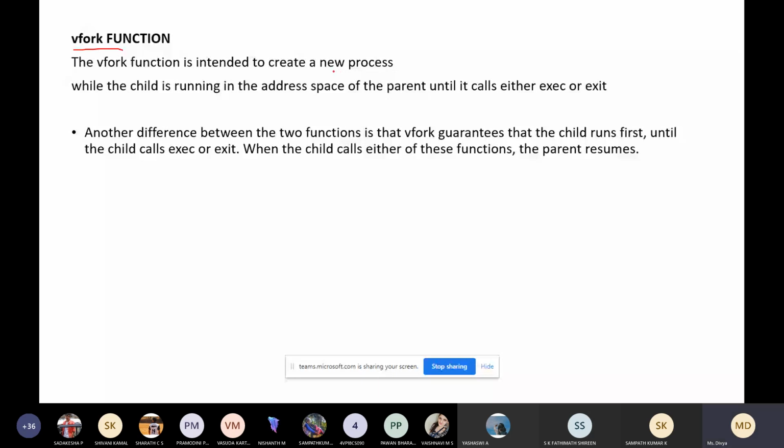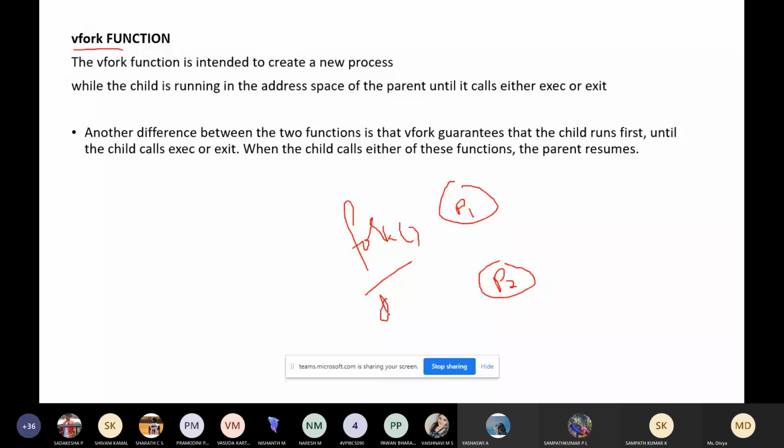Whenever you create a new process, there is a parent and a child process. In the case of the fork system call, the parent and child have different address spaces.